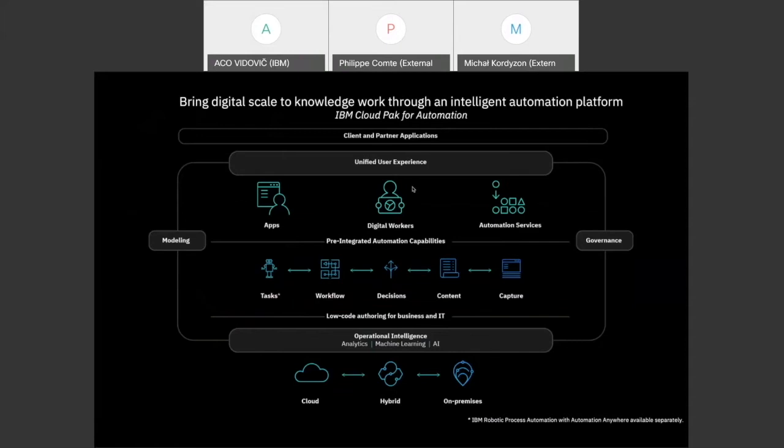As a summary of the environment, we have talked about the various elements that are available within Cloud Pak for Automation. So we have talked about the digital workers, the tasks. We have talked about workflow capabilities and case management capabilities. We have talked about the decisions that can be taken with operational decision management. We have talked about content with the FileNet environment. We have talked about capture with data capture, IBM DataCap. So these are the capabilities, and those capabilities are